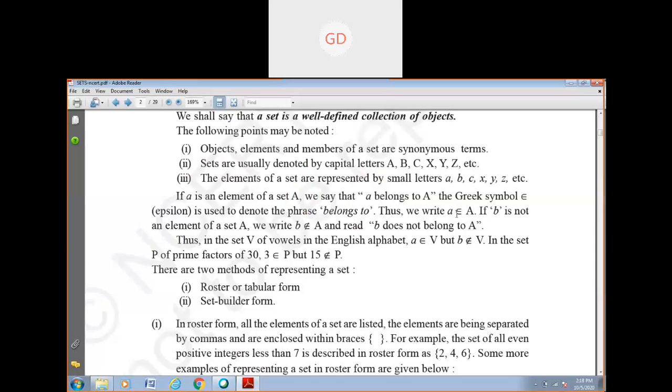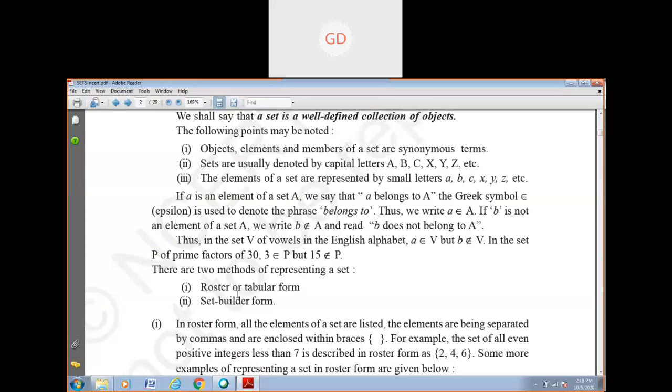This means small a lies in the set capital A. Small a is there in the set capital A. Read as a belongs to capital A. Read as a belongs to A. So